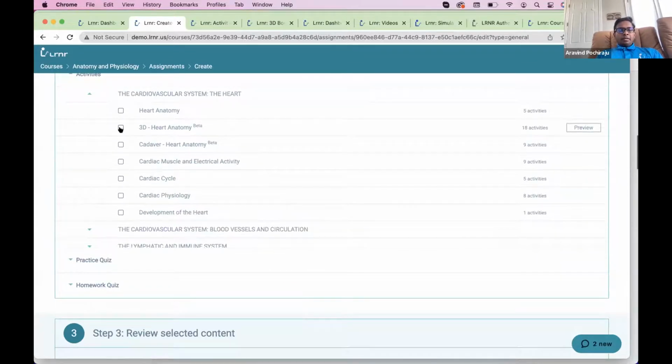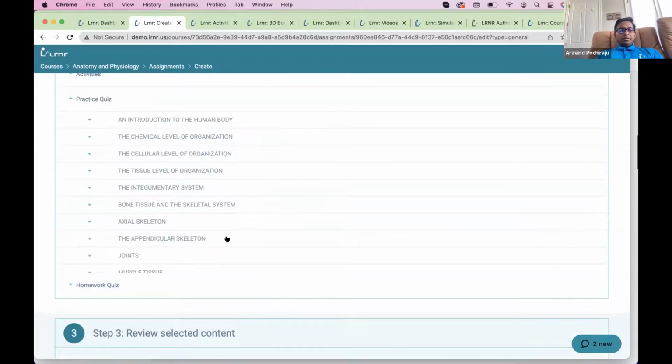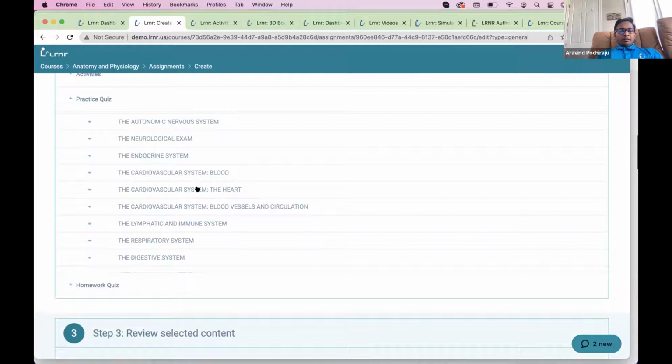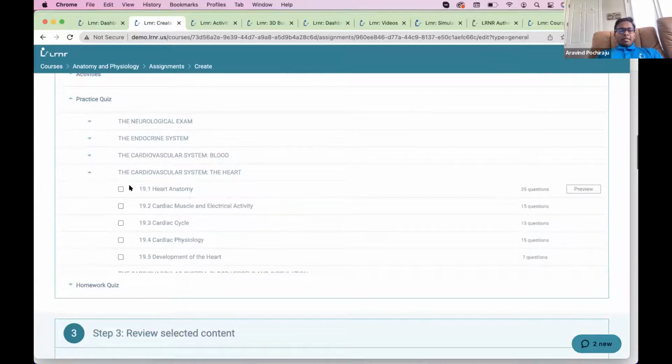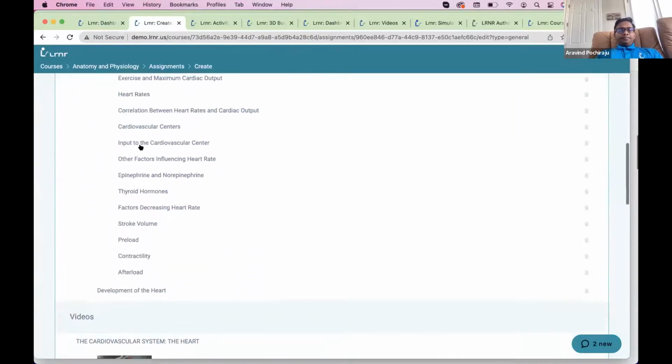remember I told you that each of these, Cadaver, and there's 2D as well. You can select those and then you can customize that in a minute. Let me just show that to you. Same thing with the practice quizzes. Select the chapter, select different topics or different subsections here. And then finally, you can